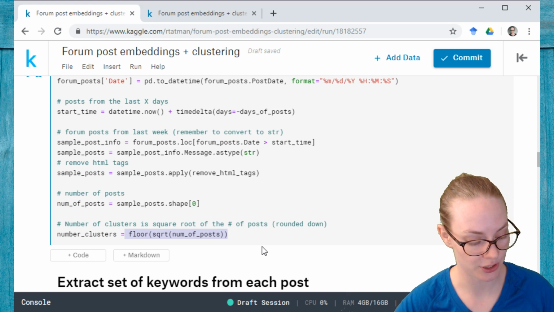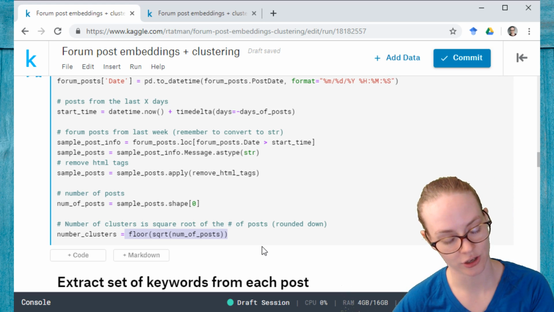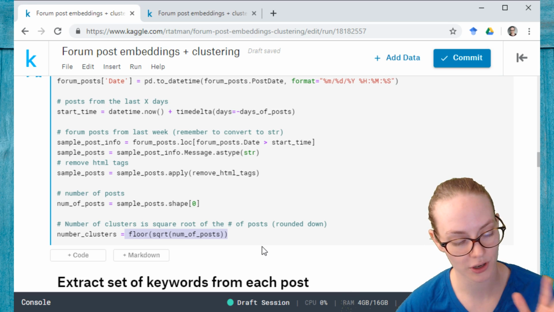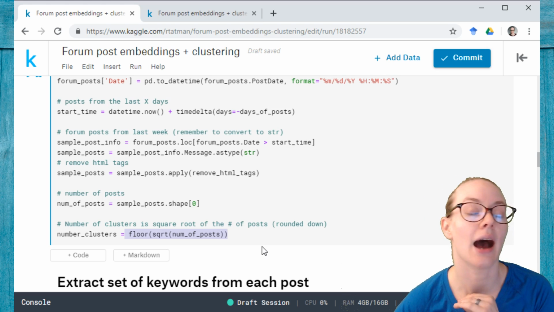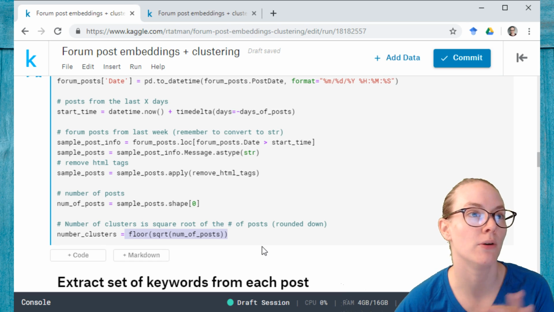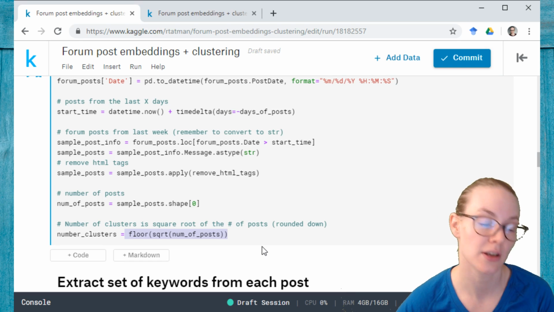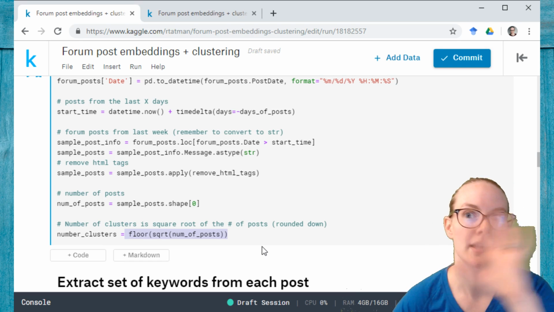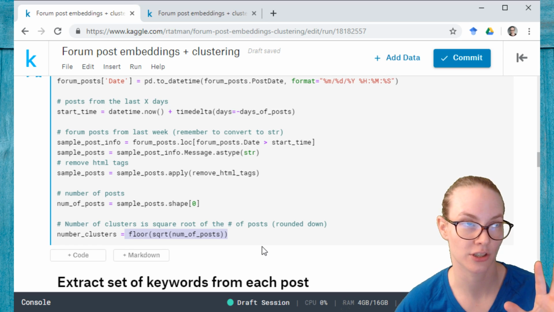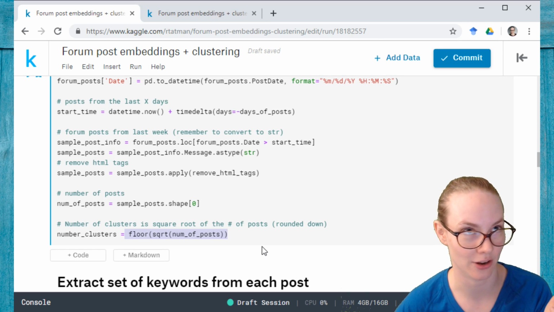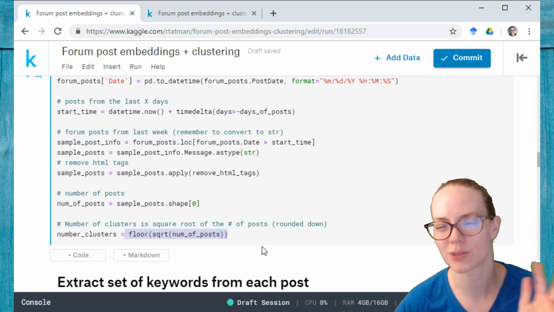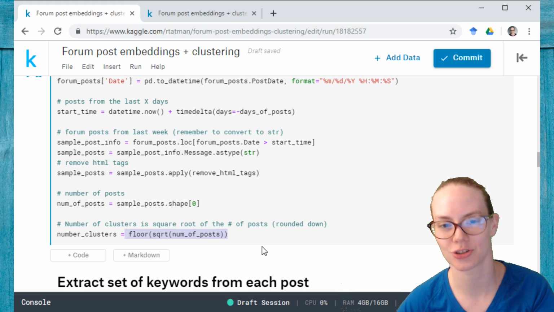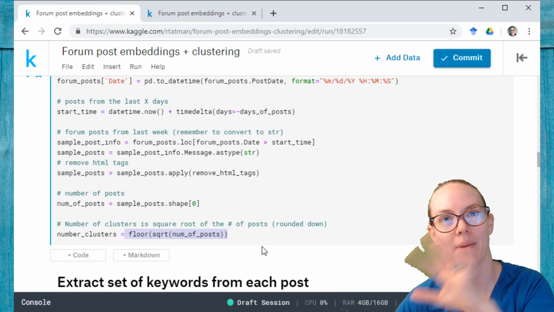The larger a collection of documents you have, the more topics there will be, and the more posts there will be per topic, because you have more total samples. I'm not assuming that the number of posts per topic is going to be homogeneous, but assuming that there's some sort of latent number of topics that you're interested in modeling that you don't know about and can't know about. Okay, so we're not really doing topic modeling. Let's call these clusters. So assuming there's a number of clusters, how can you identify